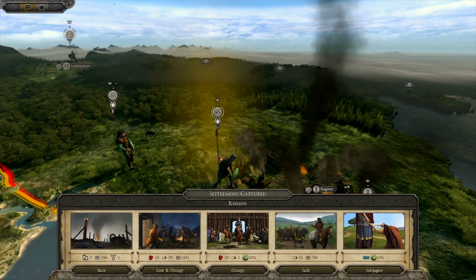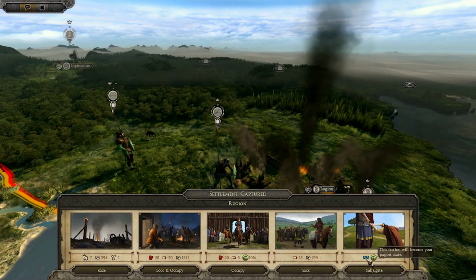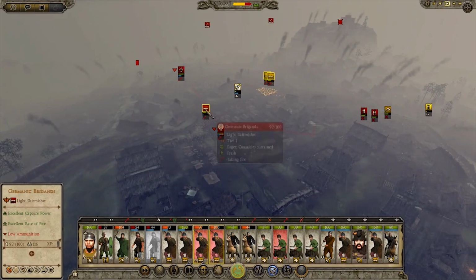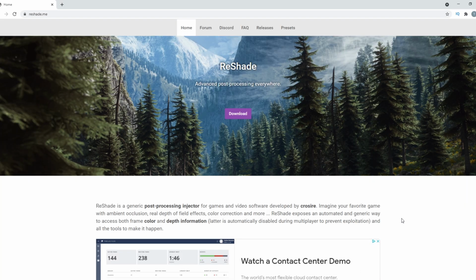All right, finally, we're going to load up Reshade. Reshade is a graphics enhancement tool that lets you play around with literally every setting you can imagine, from sharpening to lighting to FX and bloom. So we need to install it first, and to do that you need to go onto the website, which you